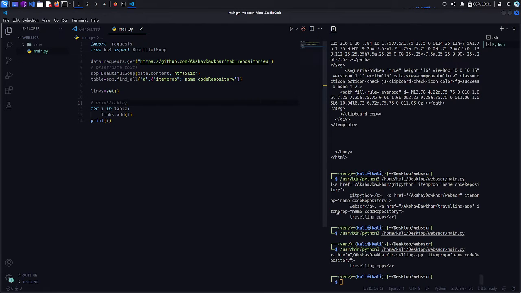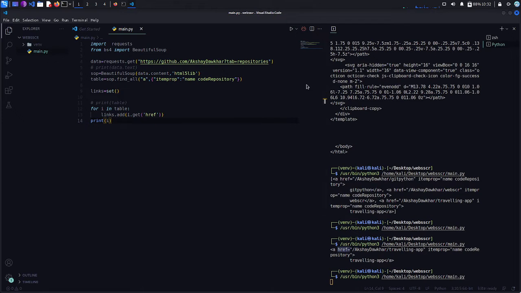But we have to get a particular name, the name of our repository. So we have to get the href tag. So we are going to get i.get. What we have to get is the href tag. So if you run this again,